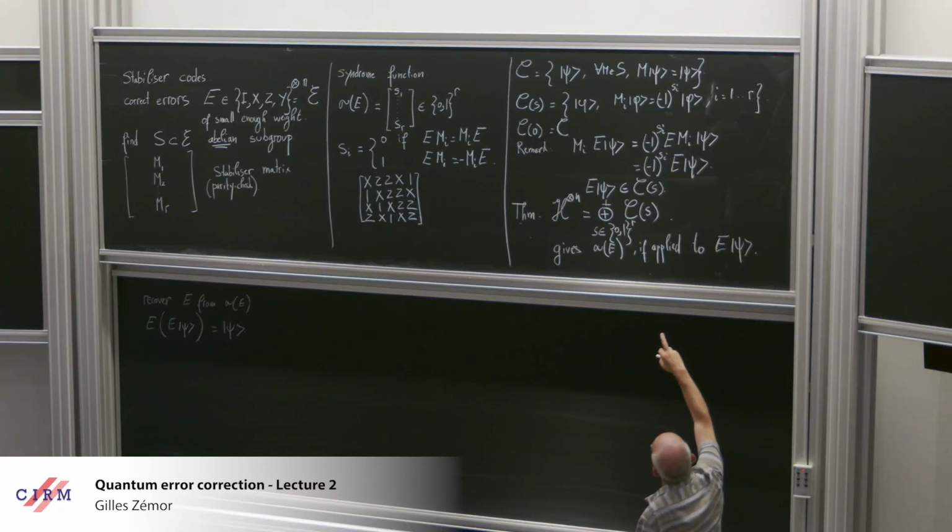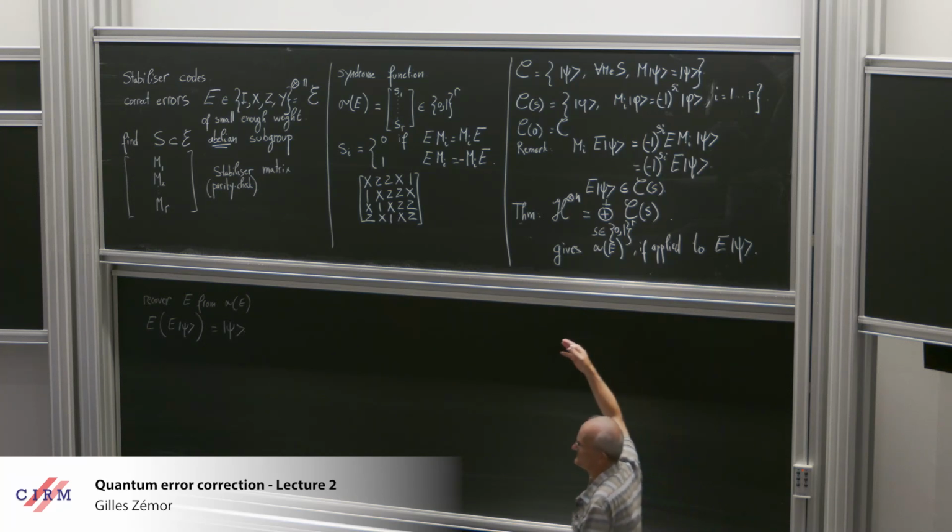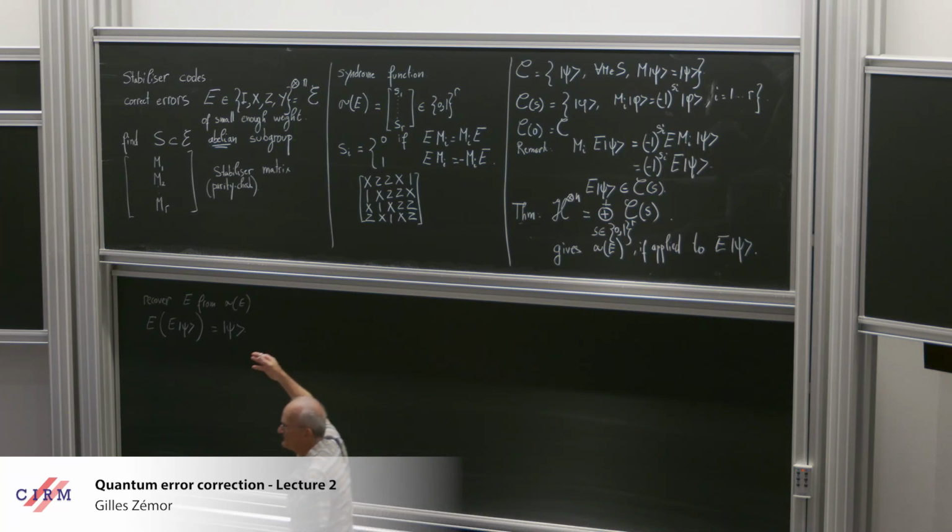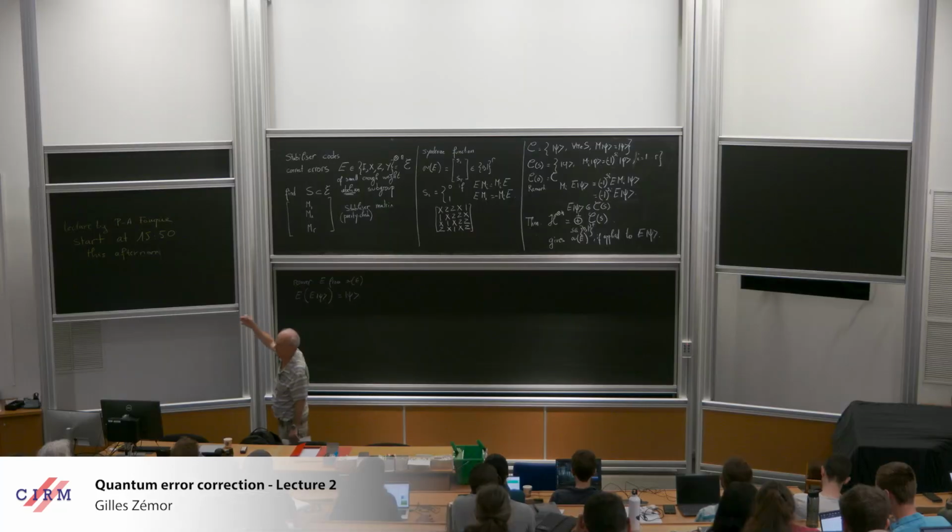Also notice that M_i squared is equal to the identity. So its eigenvalues are either 1 or minus 1. So we have two eigenspaces. And what we're defining is an intersection of eigenspaces. Some eigenspaces correspond to the 1 eigenvalue of some M_i, some correspond to the minus 1 eigenvalue, and we intersect